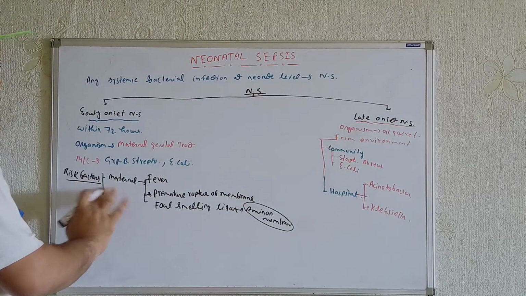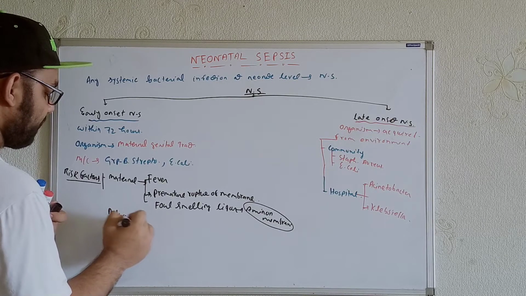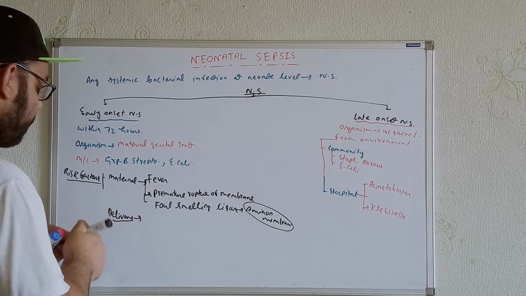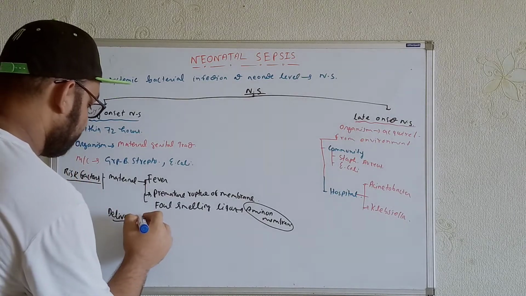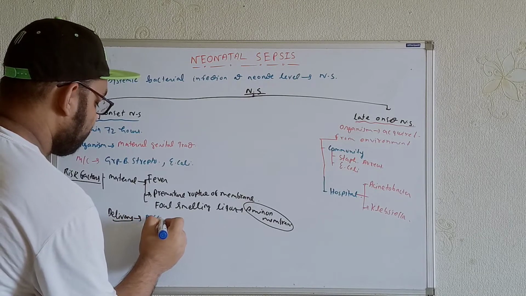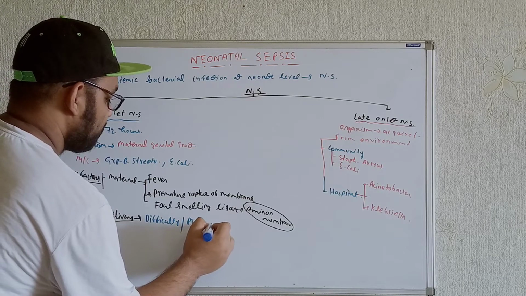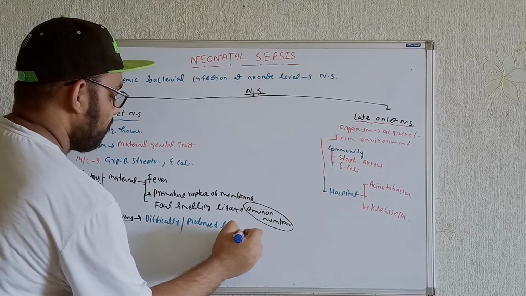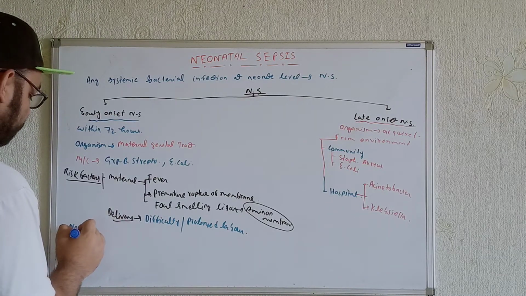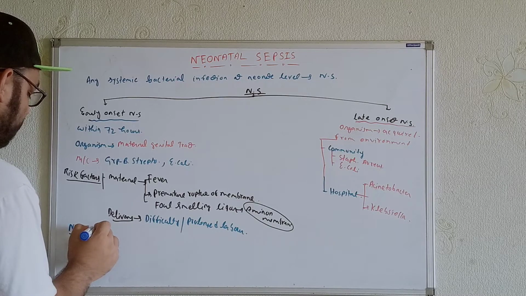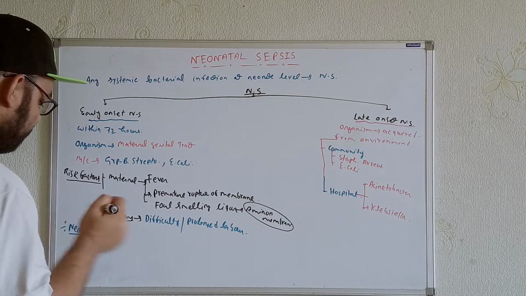Now we'll talk about the problems we see during delivery. During delivery, complications may be seen also. We can see difficulty within the delivery, or we can say prolonged labor. Now we'll talk about the problems we see in the neonates. In the neonates, there may be a premature baby. In these cases, we get this as the first thing.